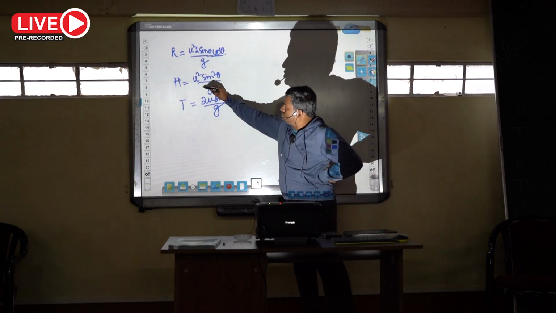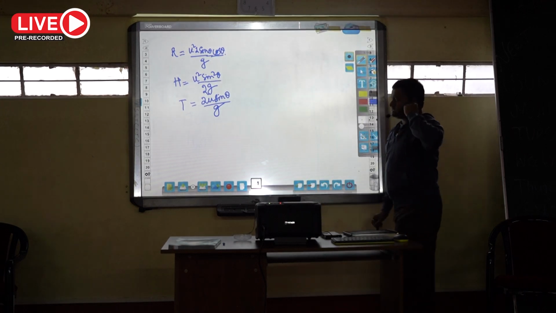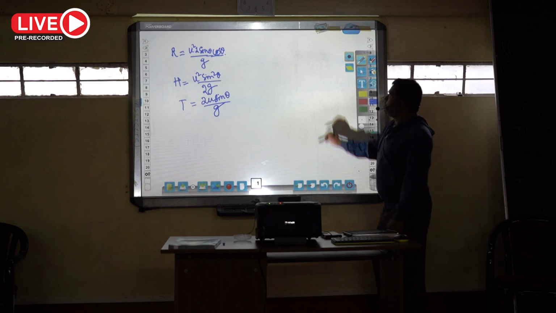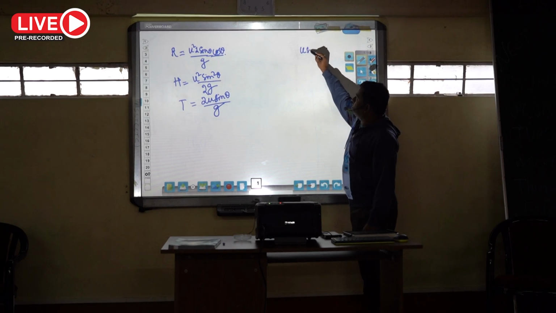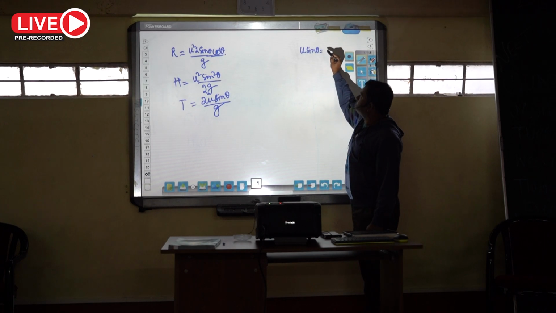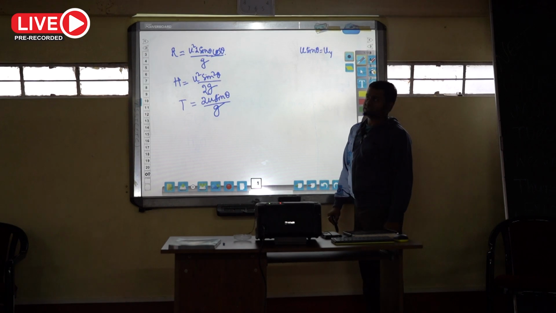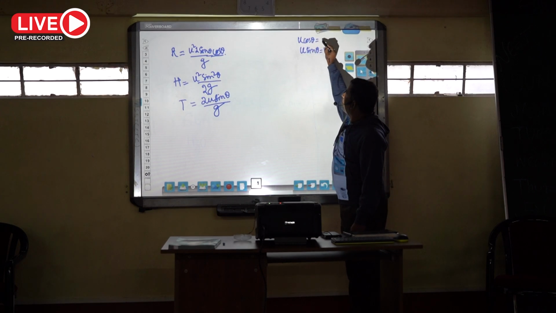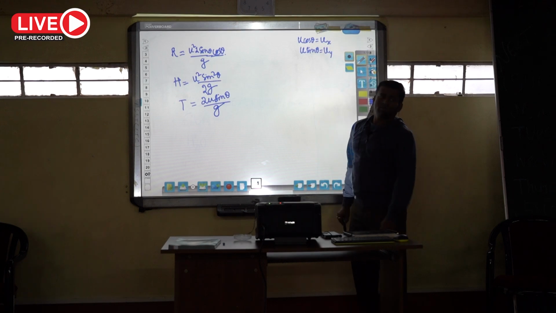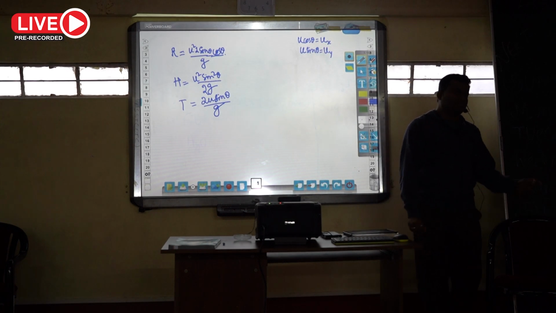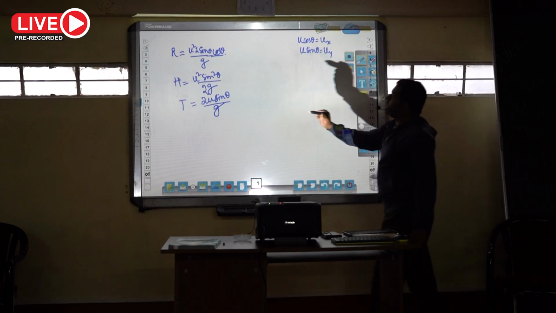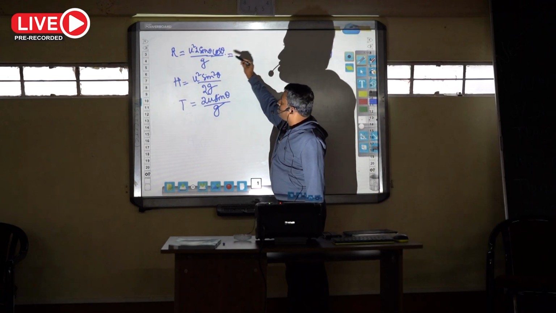Sorry, this one is 2g. u square sine square theta by 2g and 2u sine theta by g. Now, what is u sine theta in a projectile motion? That is simply the y component of initial velocity, and similarly u cos theta is the x component of the initial velocity, so it can be written as u suffix x and u suffix y. Okay, so I write this equation in this form: